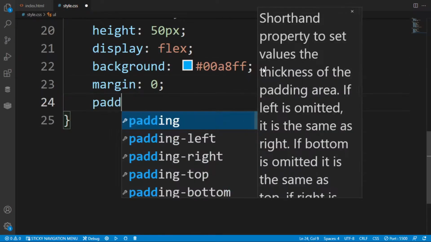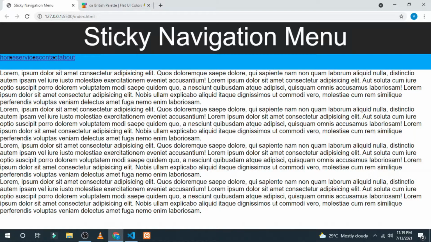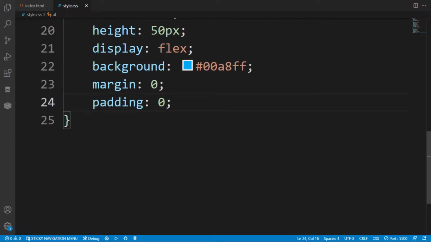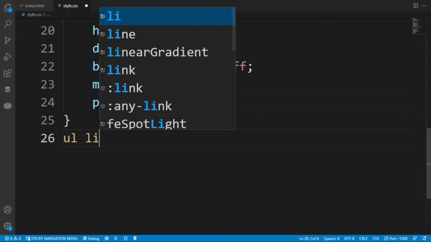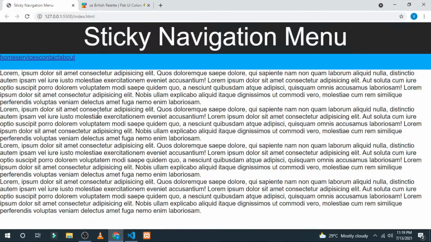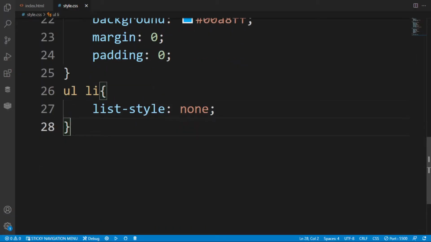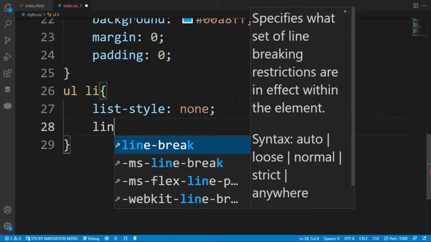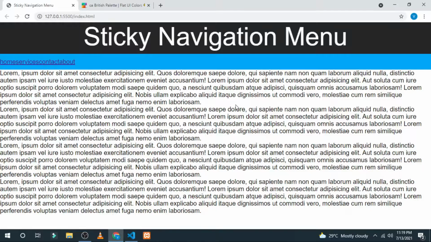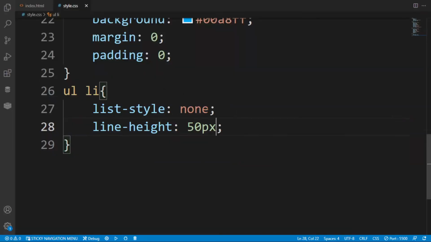now we have to remove this margin: margin will be 0, padding will be 0. After saving it, as you can see in the preview, now here in this UL, then li, I am giving list style none. Then after that we are going to style our anchor tag. Here I am giving the line height, or my personal recommendation is don't put the line height, it will look pretty well without this.